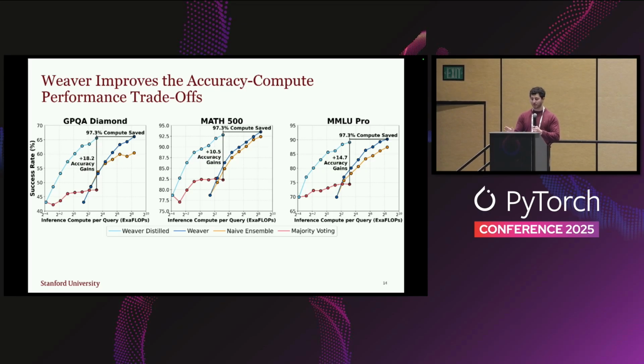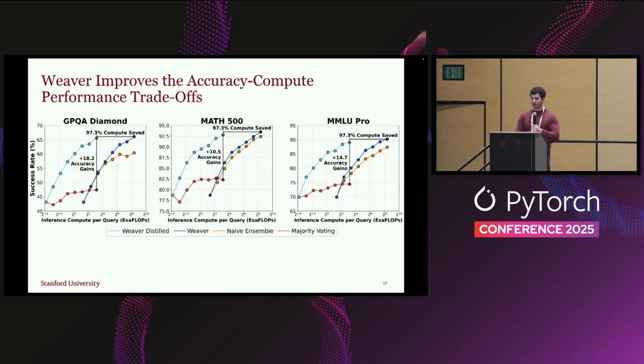And so we're able to get improved performance with Weaver. But the problem is it requires more inference than just running majority sampling, right? Because you need to do all of these generations, and then you actually have to do more forward passes for your verification models. So what we wanted to see is how we could reduce this gap even more by finding ways to distill these verifiers down into a single model that captures the strengths of all of these different verifiers.